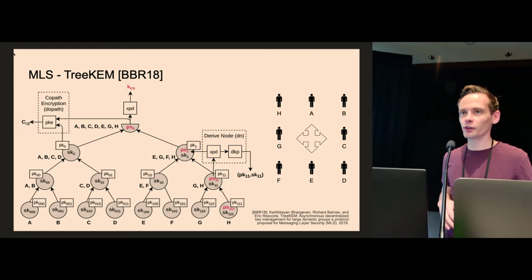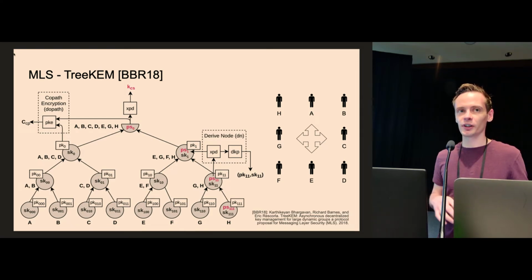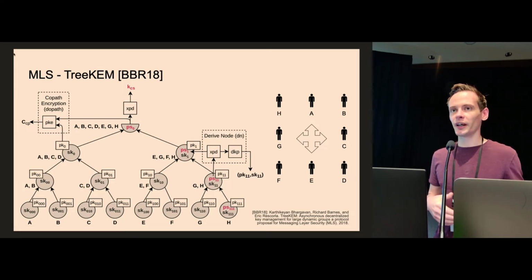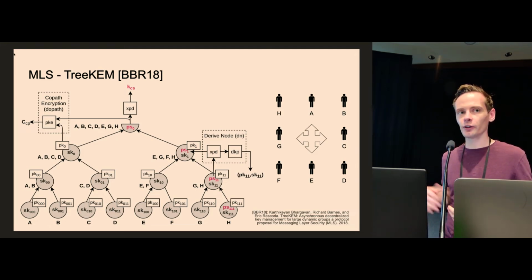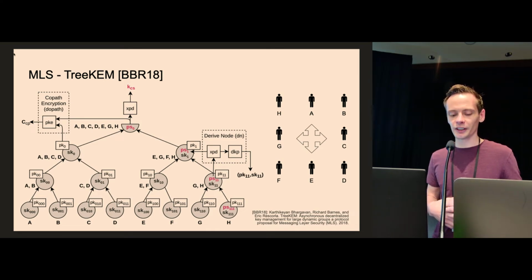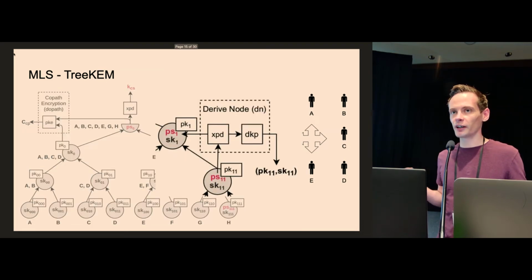In this diagram, we're looking at TreeKEM from the perspective of member H in the tree, and we can see this because there are some additional values there. These additional values are used by the group members to make updates to the key material in TreeKEM. For the leaf node of H, this would be a value that H randomly generates on their machine. And for the rest of the nodes on the path from H's leaf to the root, this is derived